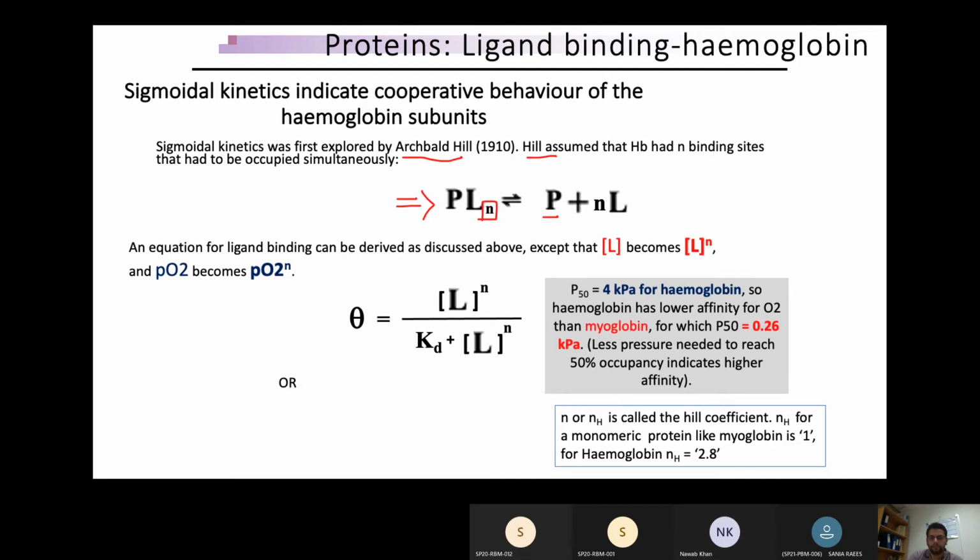So you could write theta. So the only change brought about is this number of active sites जिसको हमने n से represent किया और वो आपको यहाँ पर नजर आ रहा है. So this is the n number of sites जो कि आपको नजर आ रही है. And you could see that the new form of the equation will be written as PO2 raised to the power n. N represents the number of active sites जो कि इस प्रोटीन के अंदर मौजूद है, and P50 to the power n of course. And this n is in fact called the Hill coefficient. हम इसको Hill coefficient कहते हैं.